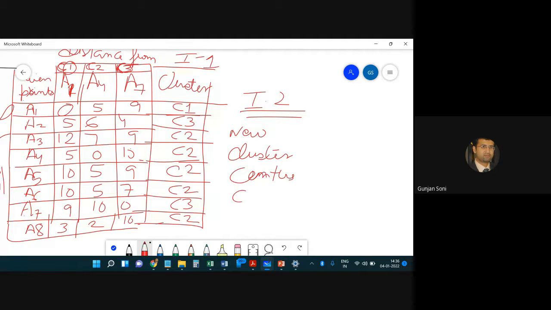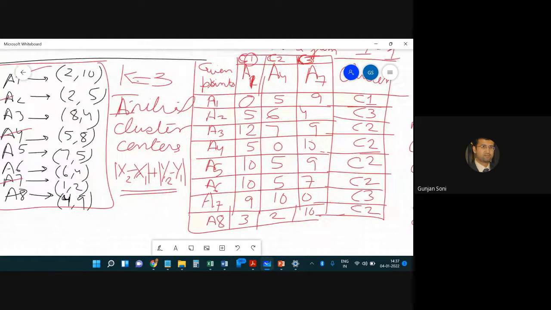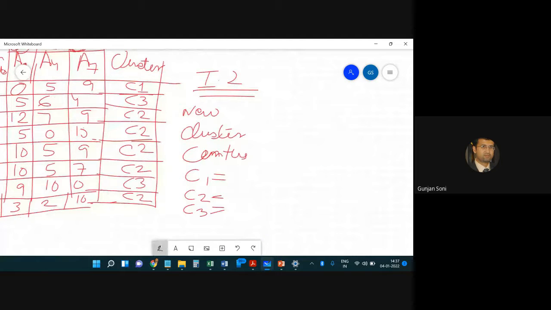So that is C1, C2, and C3. So the new cluster centers are, first, cluster C1. There's only 1 point in C1, so that will remain the same, which is 2, 10. And C2 would be